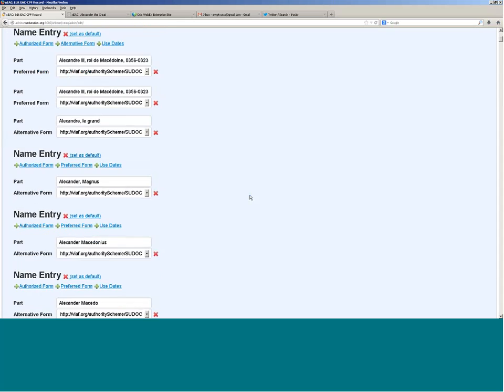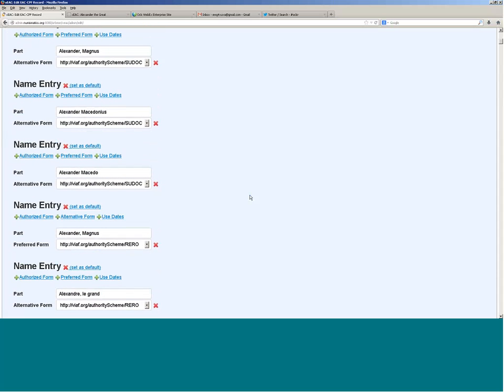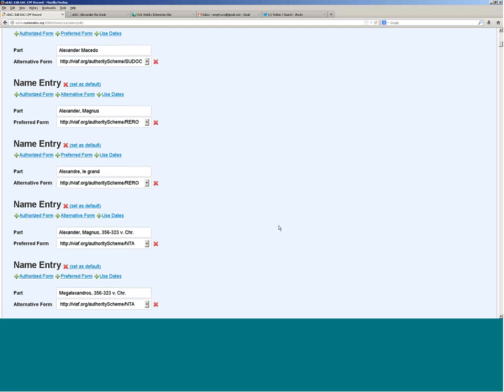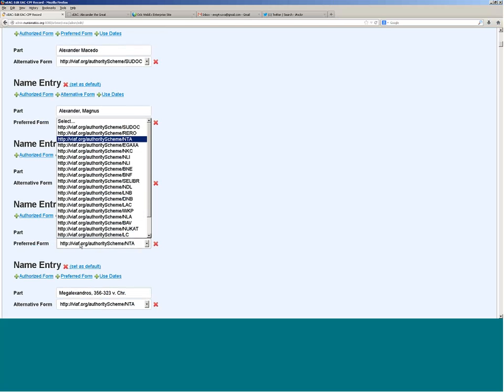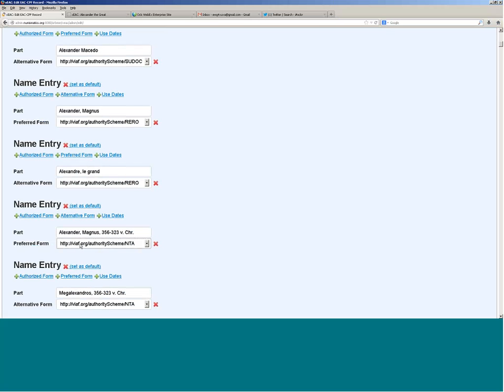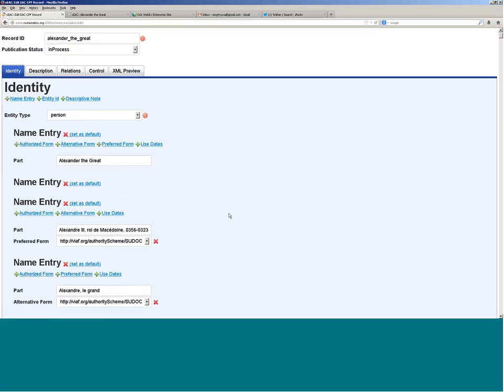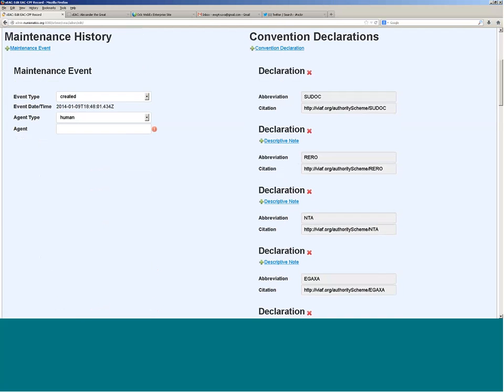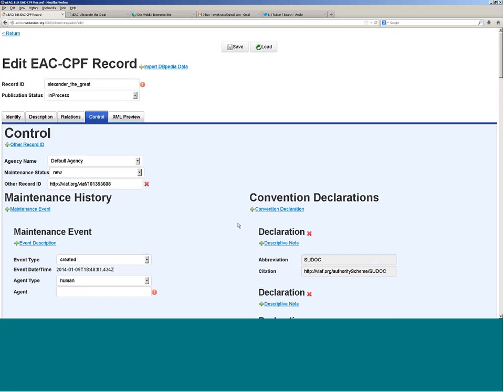So all of the name entries for all of the authority files for the contributing institutions to VIAF have now been imported into this EAC record. And the preferred forms and authorized and alternative forms are all restricted to drop-down menus, which are defined as convention declarations in the control here. And